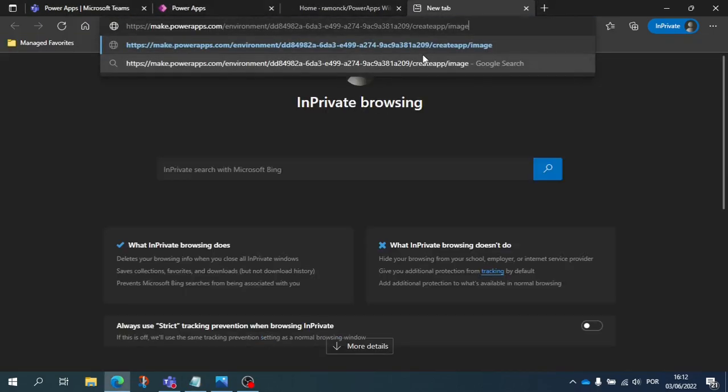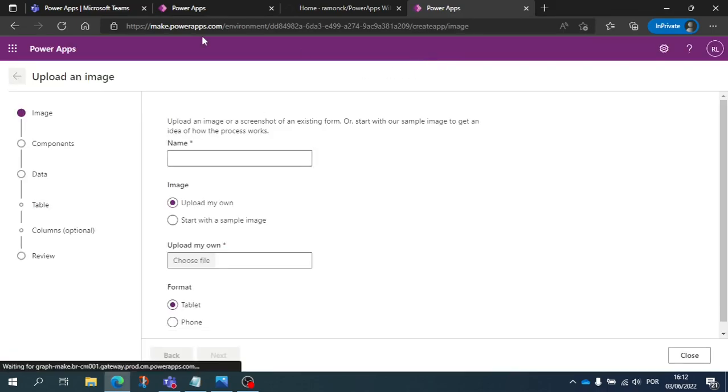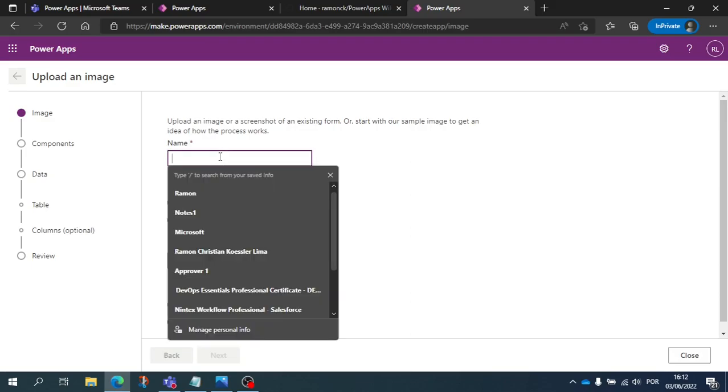So now we can leverage the image creation within Dataverse for Teams. And this brings a couple of advantages for us, like leveraging the diverse connectors for free, and many other advantages as well.